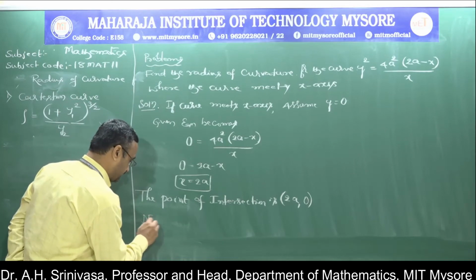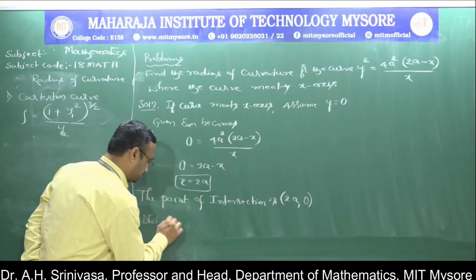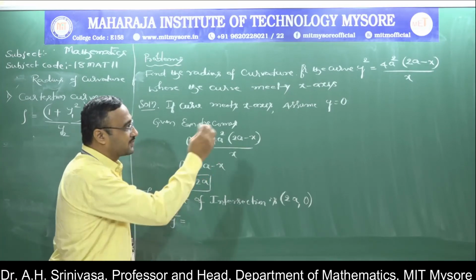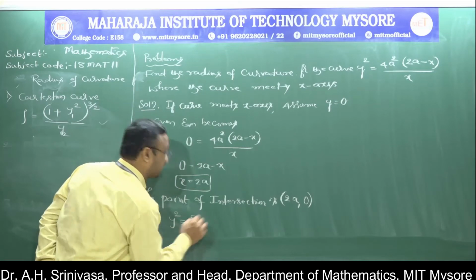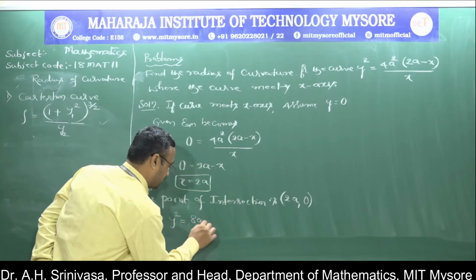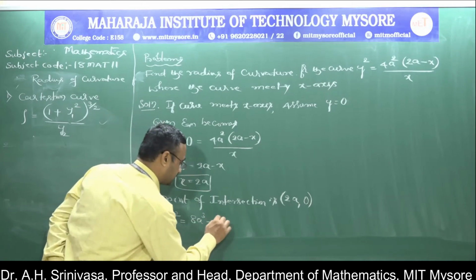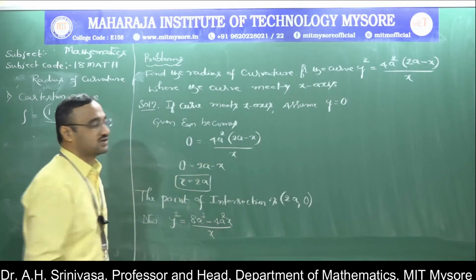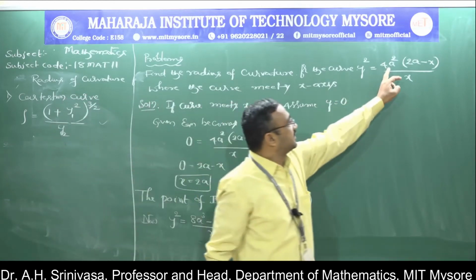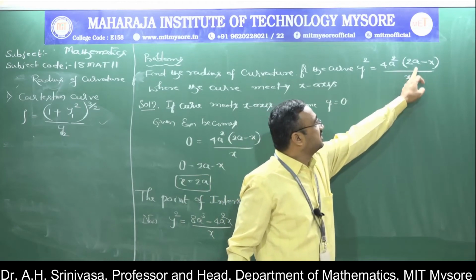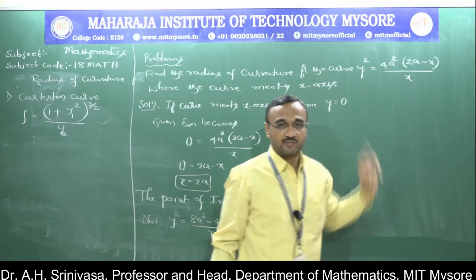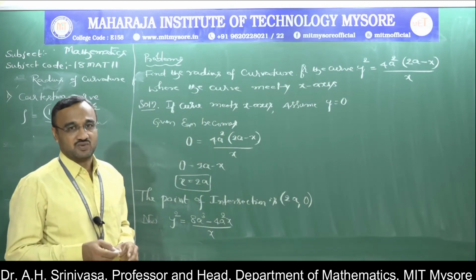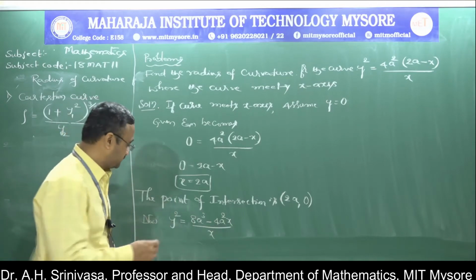Now take down the curve. What is that curve? Your y square equal to, so better to split the denominator or multiplication of that one, simplified form, that is 8a power 3 minus 4a square x, then whole divided by x. Just have to simplification of this one. If you multiply it inside, this becomes 8a power 3 minus 4a square x, then whole divided by x. So why I am doing, it's very easy for doing a differentiation work. So that's why I make a simplification for this.